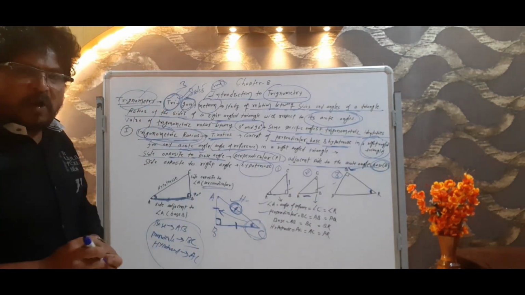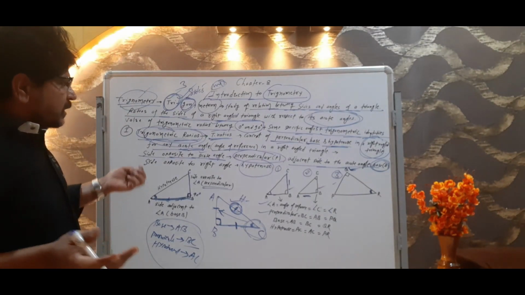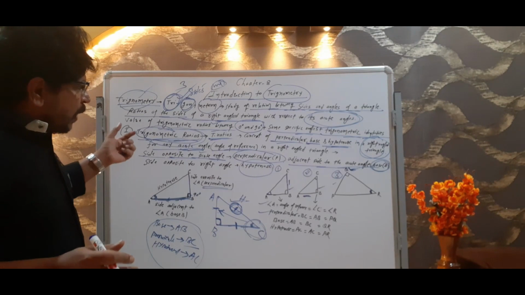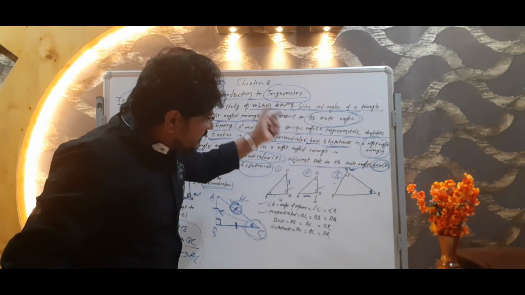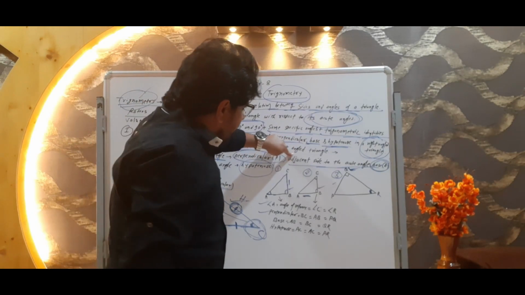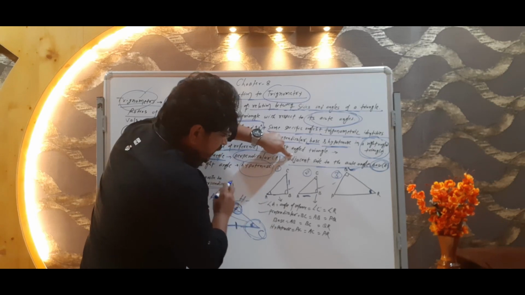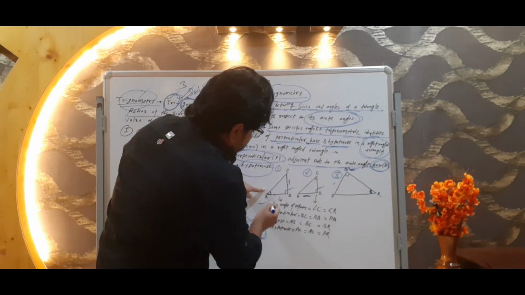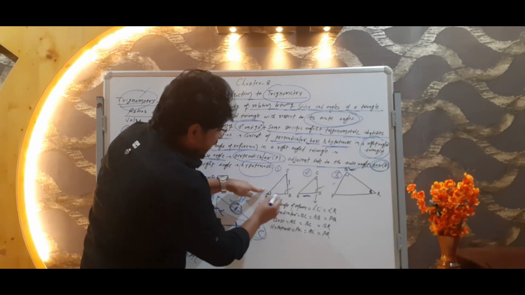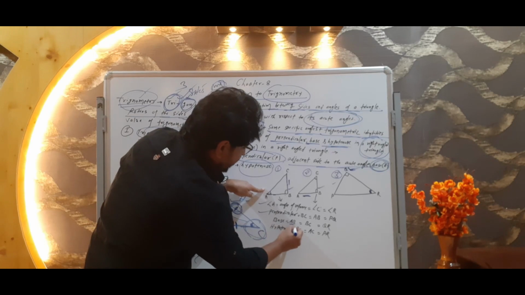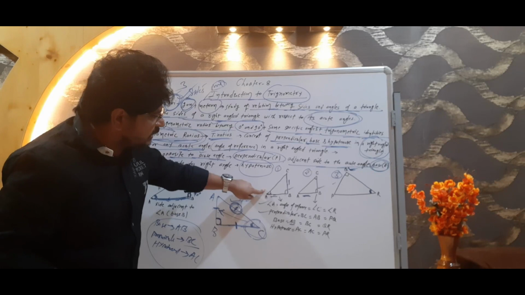Now we will discuss base. Okay. अगर हम base की बात करते हैं, so what is base? Adjacent side to the acute angle. अब देखिए यहाँ पर भाई, here the acute angle is A. In that case, what would be the adjacent side to the acute angle A? It would be AB. तो फर्स्ट फिगर के लिए बेस क्या होगा आपका? AB. क्या हो जाएगा बच्चों बेस? What would be base, students? AB.